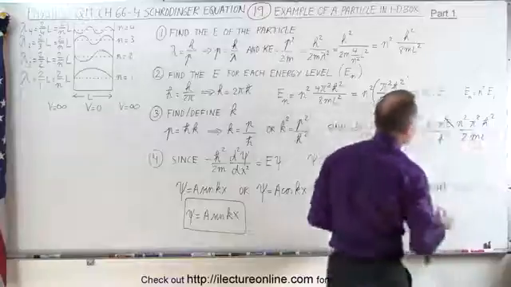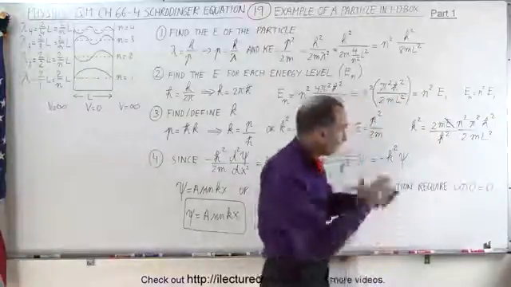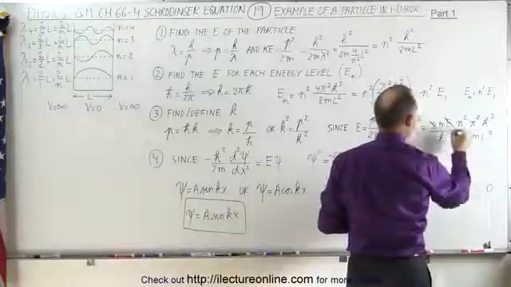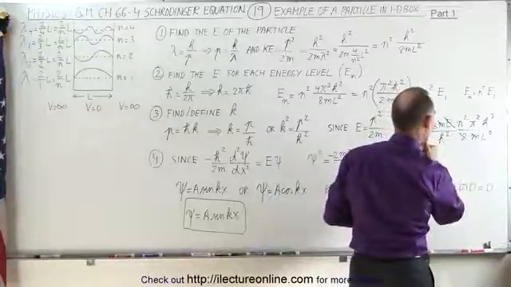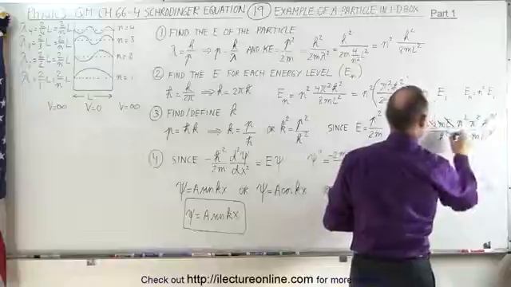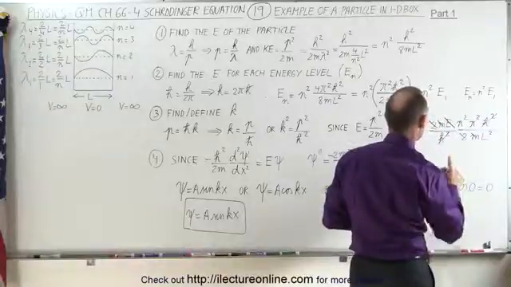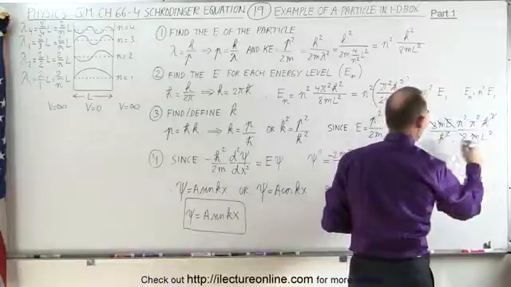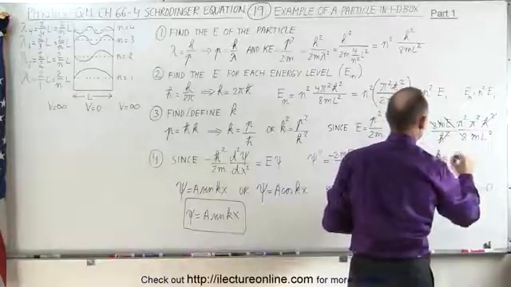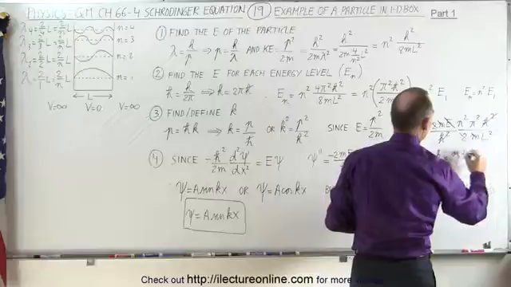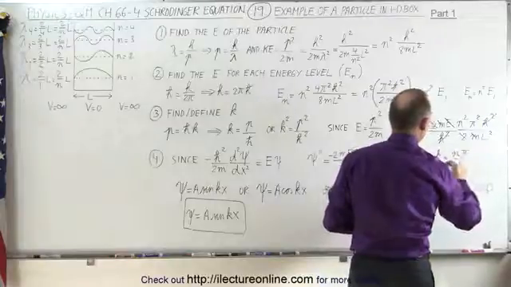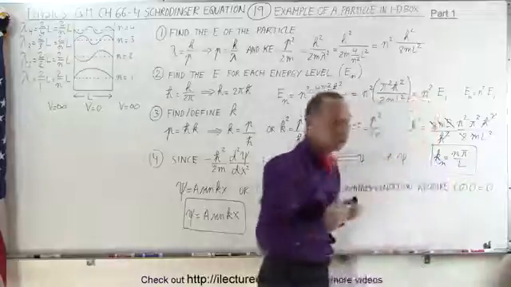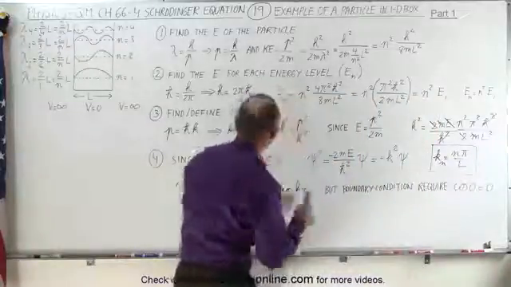2ml squared. Now when we simplify things, because we can cancel some things out, we have a 2 here and a 2 there, an m and an m. We have an h bar squared and an h bar squared. Notice now that k squared is equal to n squared pi squared over l squared, or k can be expressed as n pi over l. And so now we have an expression for the wave number as a function of energy level for, of course,